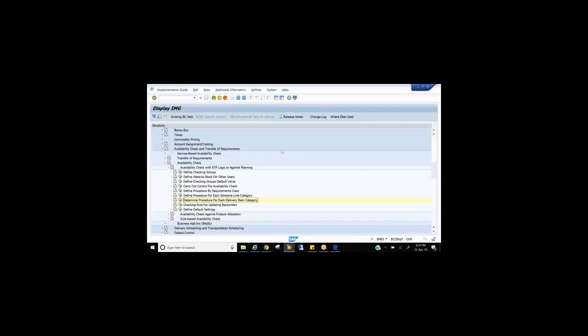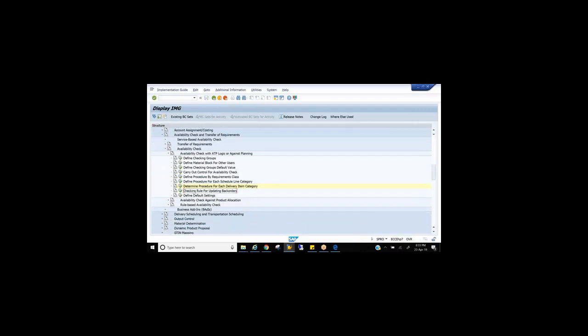That means select your item category and you control whether system should perform availability check at the delivery level or not. You put X, system will not perform availability check. If you leave it blank, system will perform availability check. If you put X, system will not perform availability. Anyone you remember this? At the OVLP we discussed this availability check off. Yes, right? From this configuration it is getting reflected there in the delivery item category.